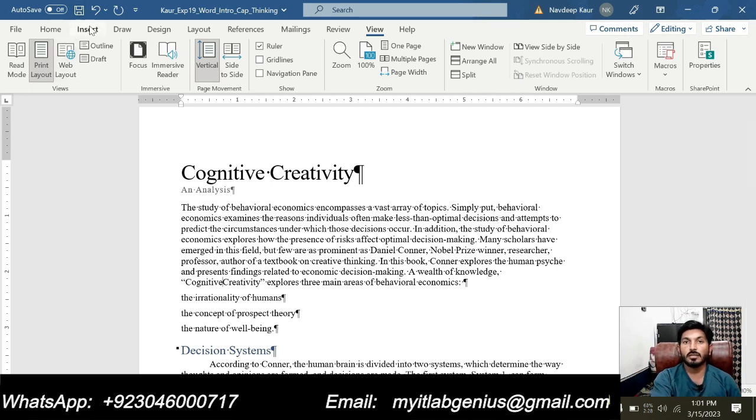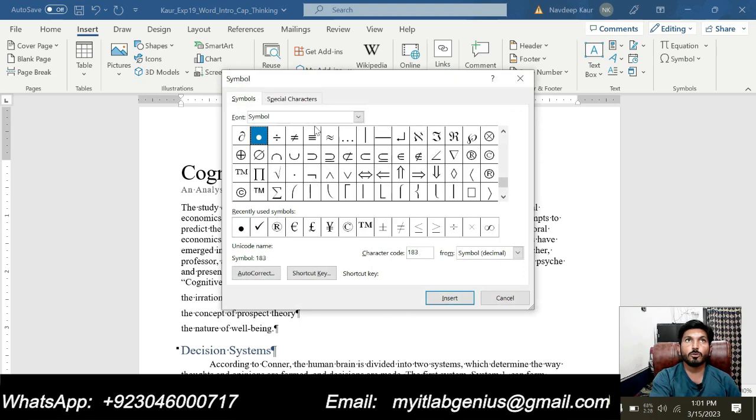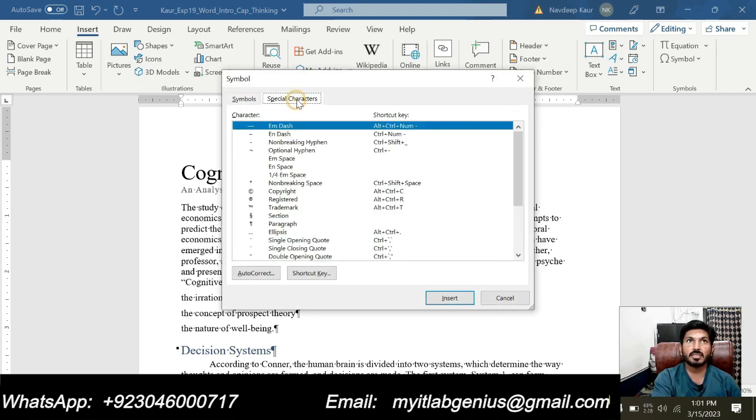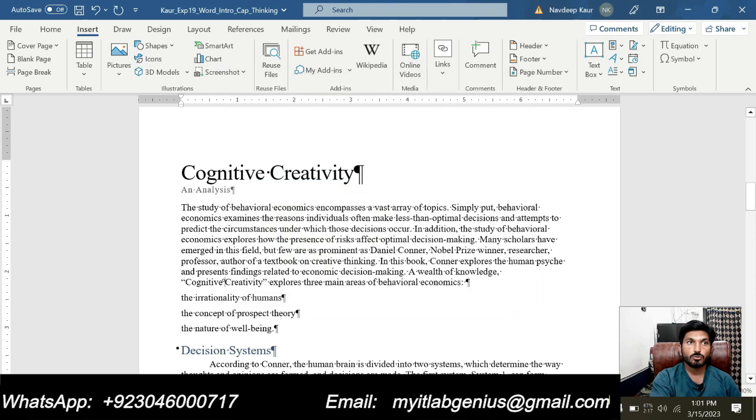For this, click on the Insert tab. After clicking on the Insert tab, we will go to Symbol, this one, and click on More Symbols. After clicking on More Symbols, we will click on Special Characters, and you can see that Non-Breaking Space is there. So click on it, click Insert, and close this one. So now you can see that there is a non-breaking space symbol between "cognitive" and "creative".